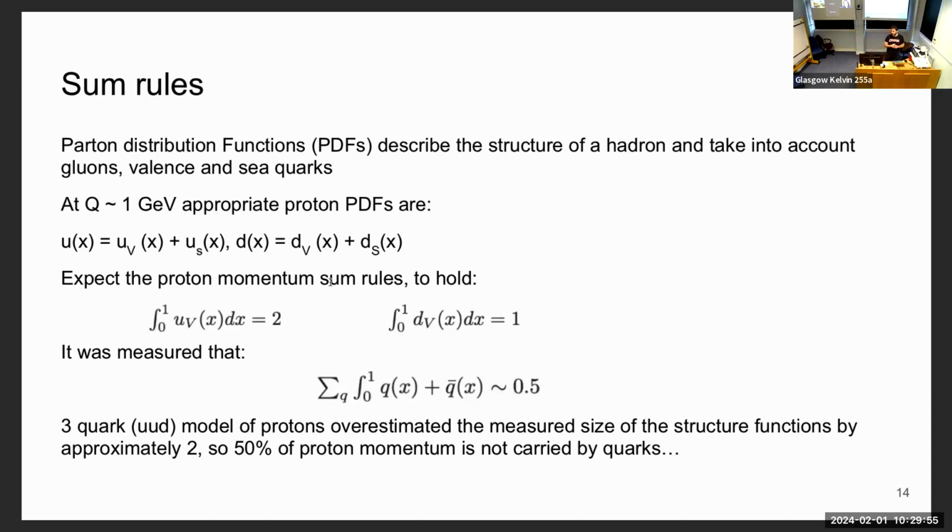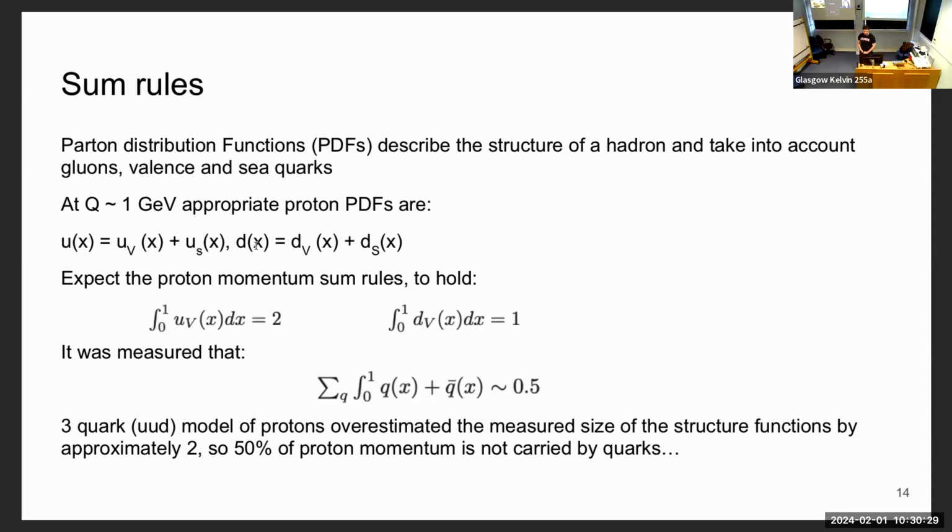So if you want to define what the particle distribution functions are for a proton, you need to do a combination of the up and down particle distribution functions. This is what ux and dx represent here. But at the time,